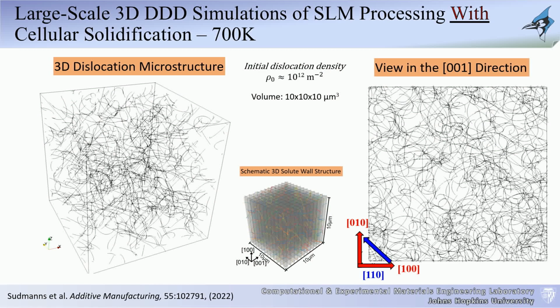But I thought at the beginning that this is going to be impossible. So I said, okay, let's make an approximation here and start off by just modeling the behavior of the dislocation at 700 Kelvin. At 700 Kelvin, I know what the stress state is. Let's build that into our simulations and see what happens in the dislocations. And we started off with an initial dislocation density of 10 to the 12 as an assumption. Maybe it's absolutely wrong, but let's just keep it for now and I'll show you better results in a minute. I don't know why this is stuck.